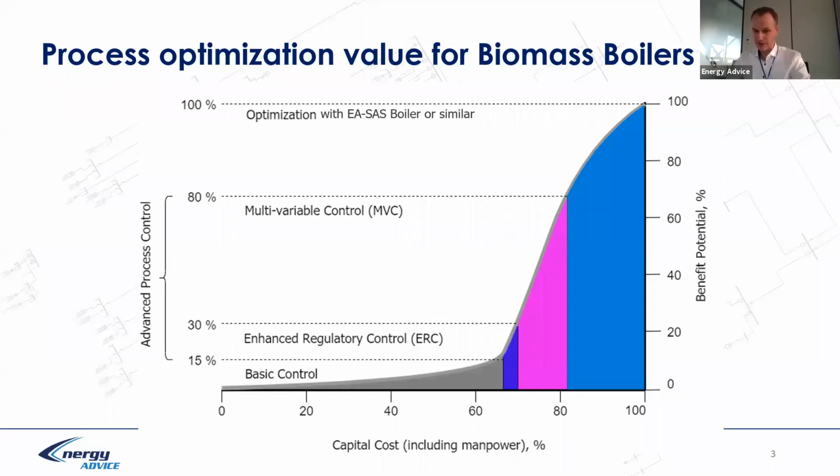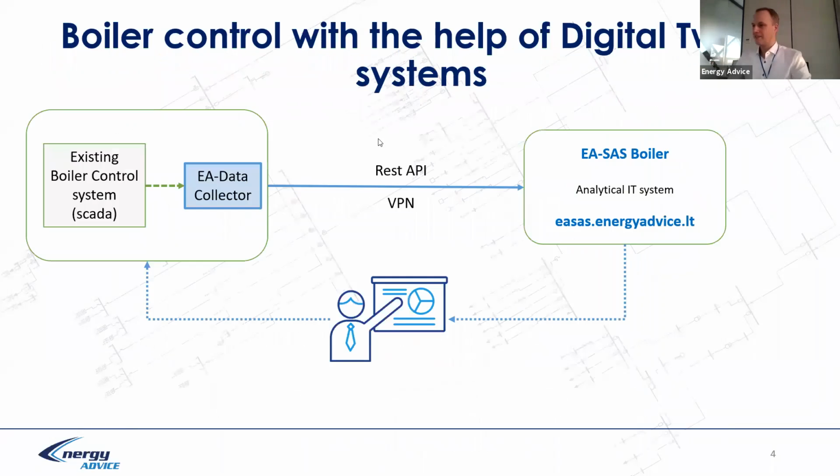But if we evaluate calorific value of the fuel which is burning in this moment, 5 minutes range, 1 minute range, we can tell and we can optimize the operation. We can provide optimum supply of the fuel, optimum supply of the primary, secondary air, and etc. So this is a general value.